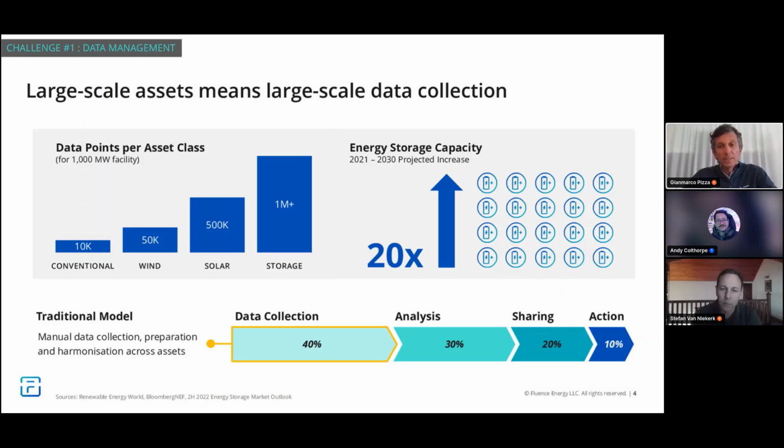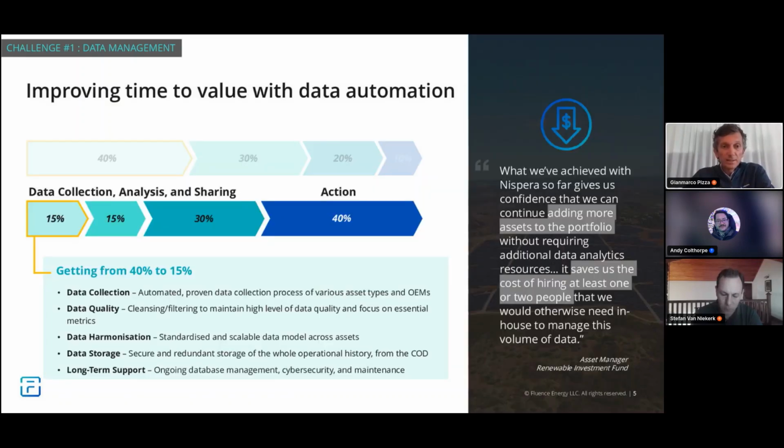And they would end up being involved or spending most of their time in these tasks without having sufficient time then to take action, which is obviously where they really create value. So what we see in terms of best practices, how to cut down the work needed to wrangle data so that you can shift your attention to analysis and action, is summarized in this box at the bottom of this